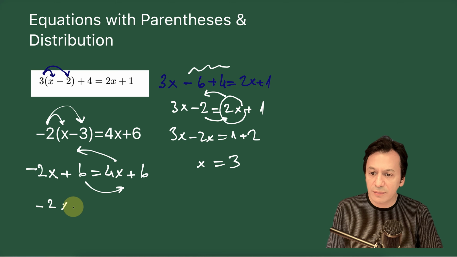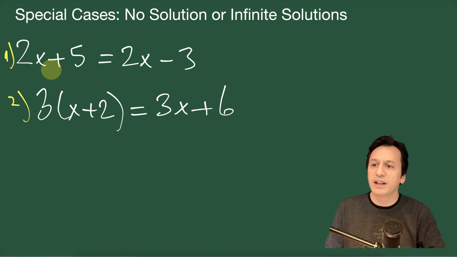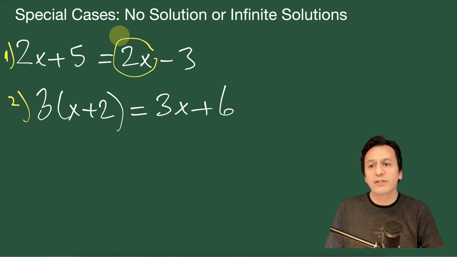Let's keep going. Special cases: no solution, or infinite solutions. Okay, this is very important because it may get confusing when you face it. Now this is the first example and this is the second example. In this case, you see, when you put this 2x to the other side of the equation as minus 2x, it becomes